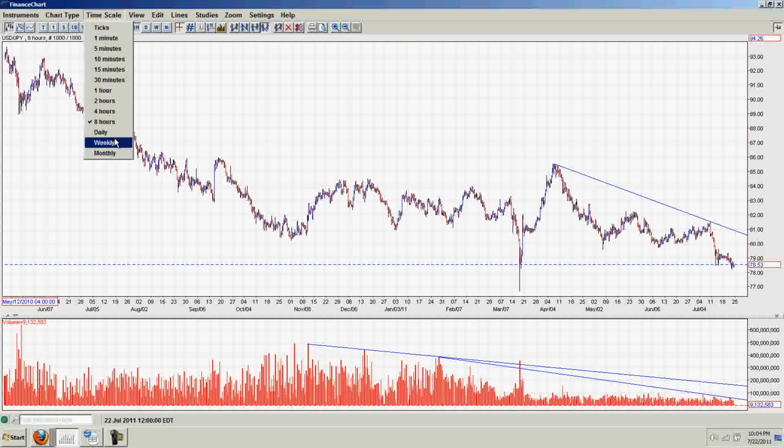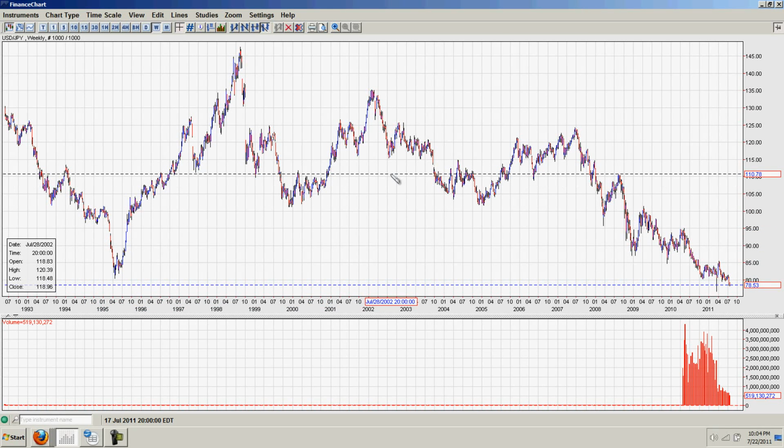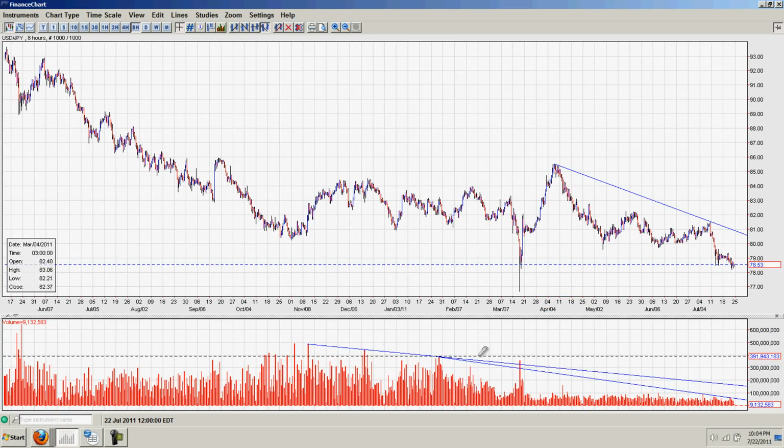If we go all the way out to the weekly, we can see we're into new lows, and we're just below these lows that we established in 1995. So the dollar is collapsing against the Japanese yen, and I think it's going to go much lower. But the last chart that we had with the volume shows that